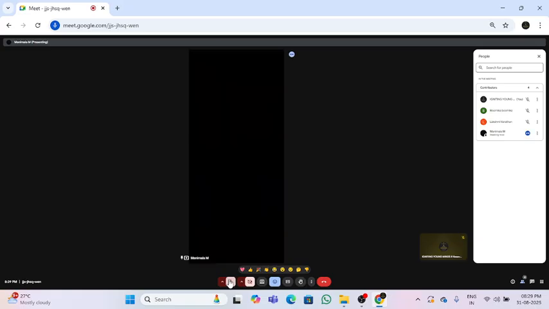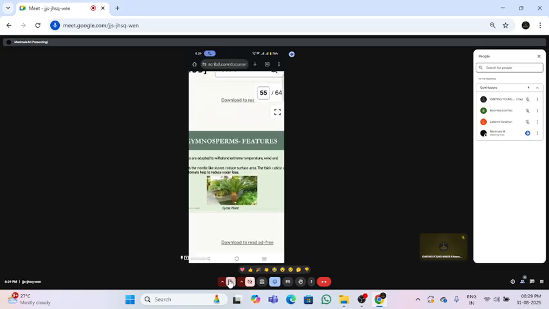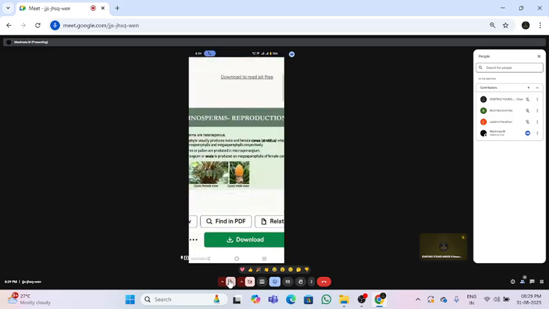So gymnosperms are xerophytic in nature, evergreen, and woody perennials. Aquatic forms are absent. The world's smallest plant here is Zamia pygmaea, the smallest gymnosperm. Gnetum is a woody plant. And the world's gigantic plant is Sequoiadendron giganteum, the redwood in California, nearly 100-meter height and 15-meter girth.